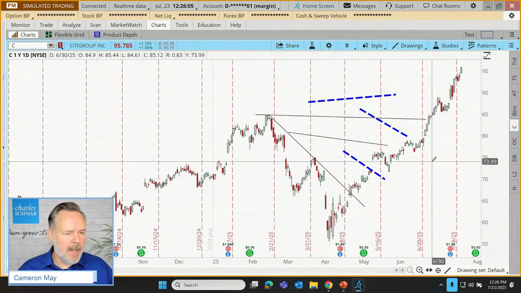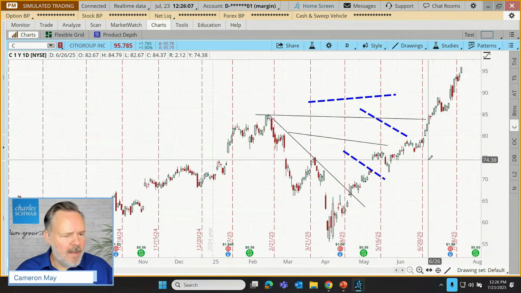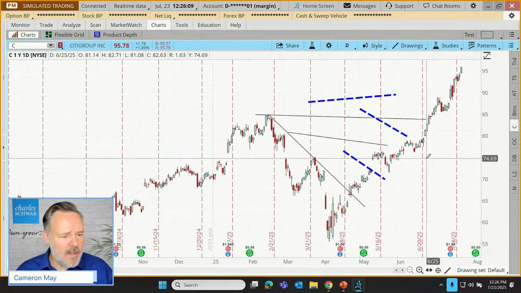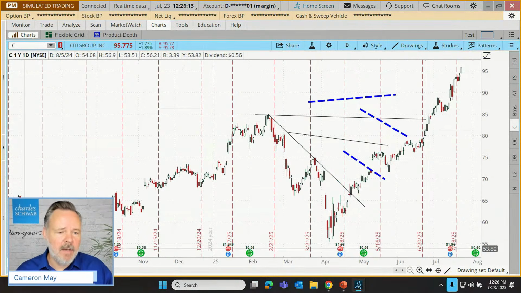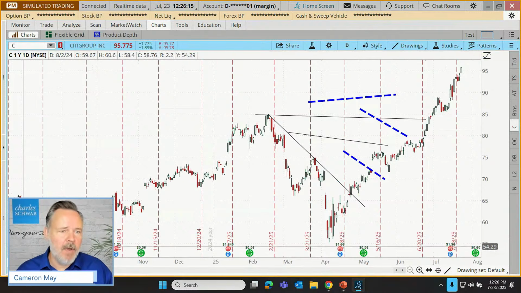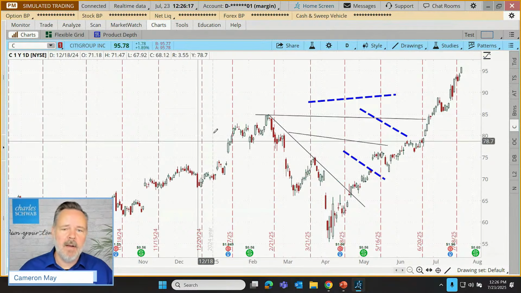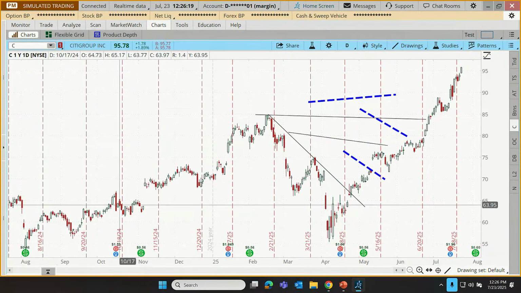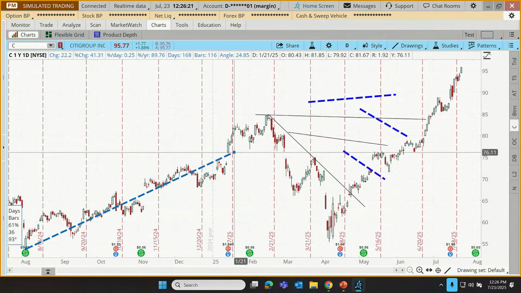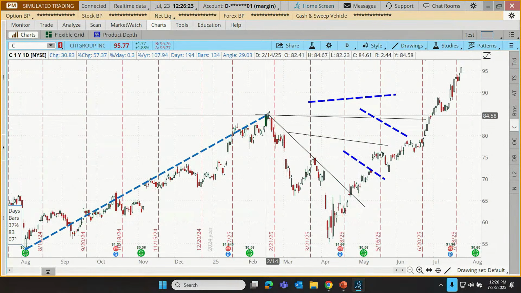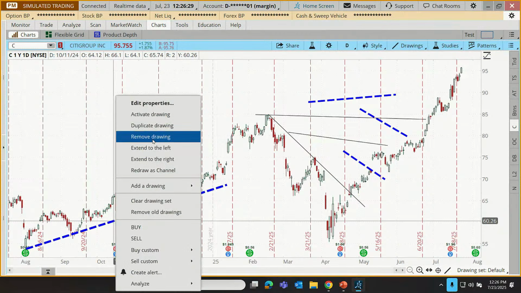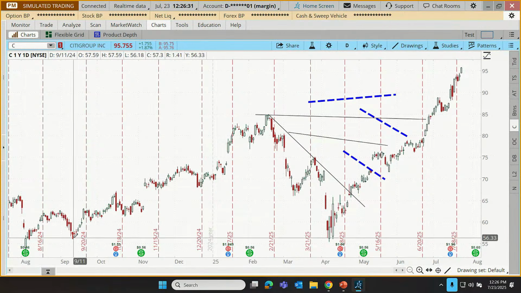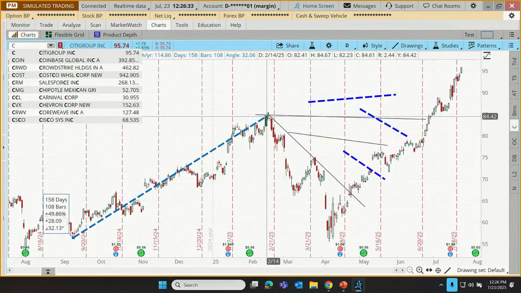They're saved. Okay. S says, can we draw a line to get the percentage that a stock has moved in a given period of time? Very good question, S. As a matter of fact, that's built into the drawing tool. So for example, I wonder how far Citigroup moved from down here to up there. Well, if I start drawing a line and just move it up there, before I make that second click, actually, I'm a little bit too far off. Let me remove this drawing just so we can get a little bit more space so you can see this a little more clearly.